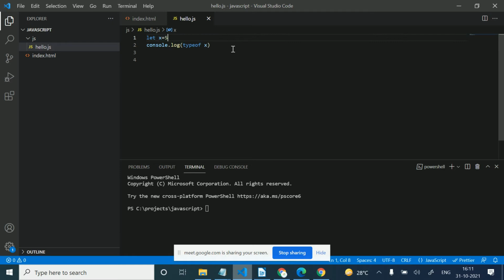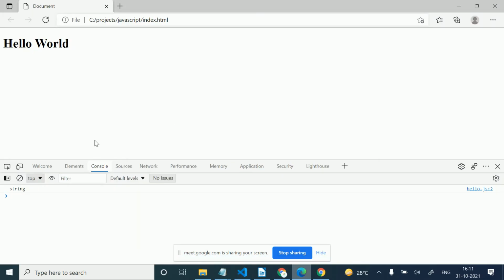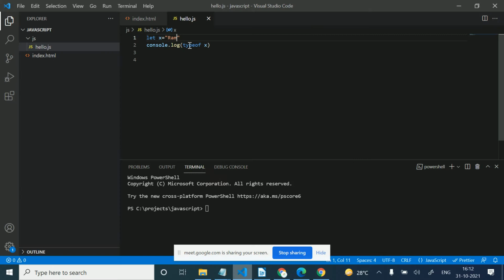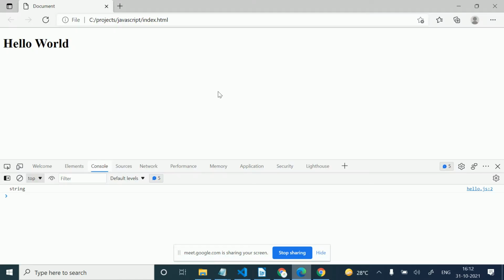If this is not a number, if it is a string, we will get string. In the case of boolean, like true, we will get boolean here.